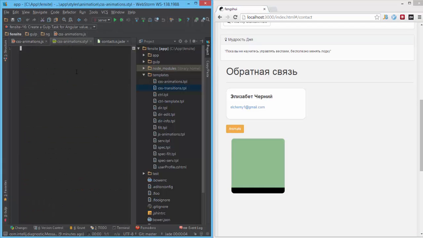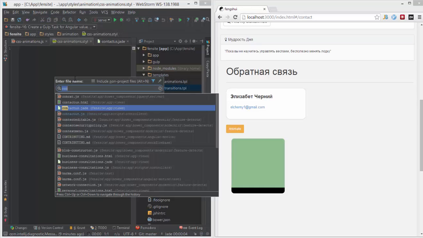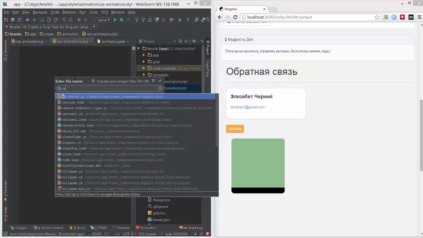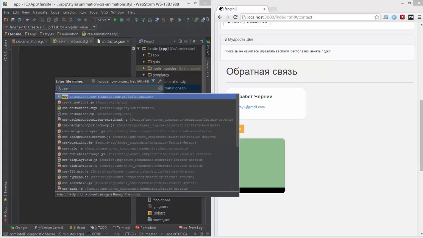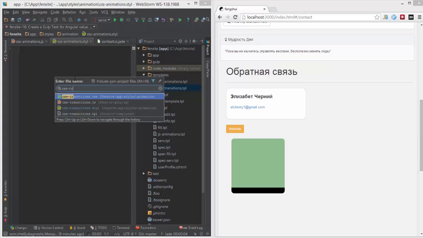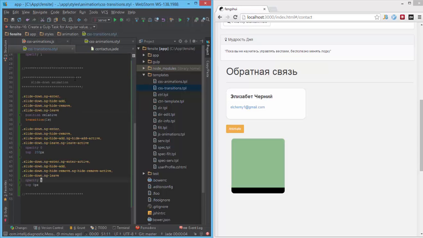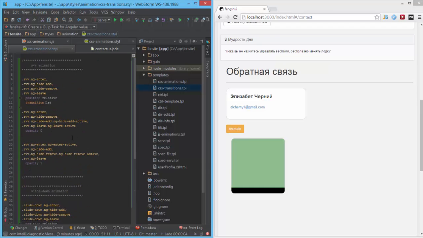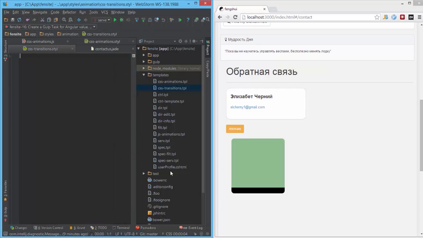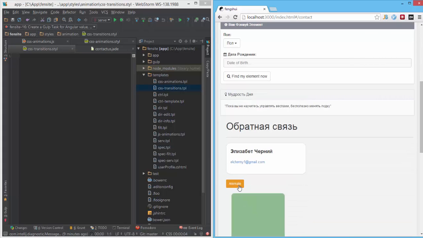Probably we need to, okay, I see what happens. Probably because we use the same class, and in our CSS transitions animation, yeah, it's still here, and it has this SVV class, so let's delete it. And now if we save it and reload, it shouldn't be any animation. So we don't have any animation,